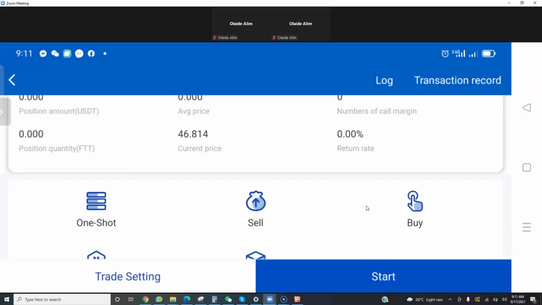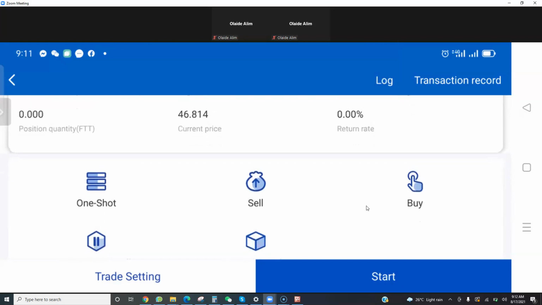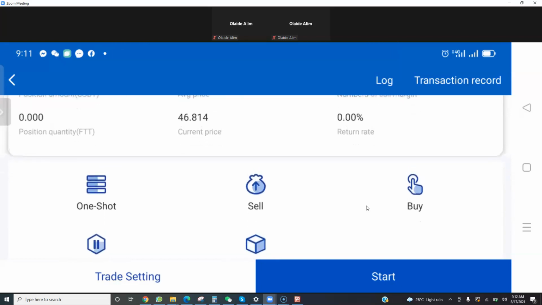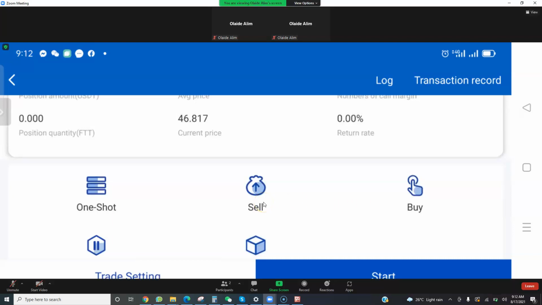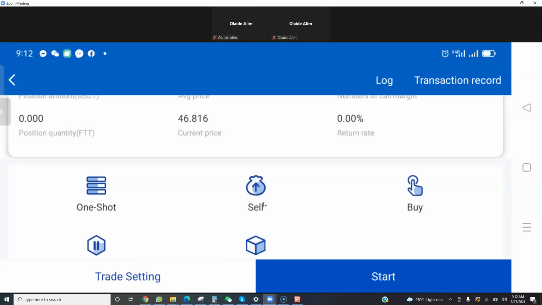Every day, some days you will not make money, some days you will make money, and the most important thing is to make money at the end. There are some days that you will make the money that you didn't make yesterday, you will make it today. So conservatively, you will make between 10 to 50% in a month. That is what you are going to make. It is very, very simple.